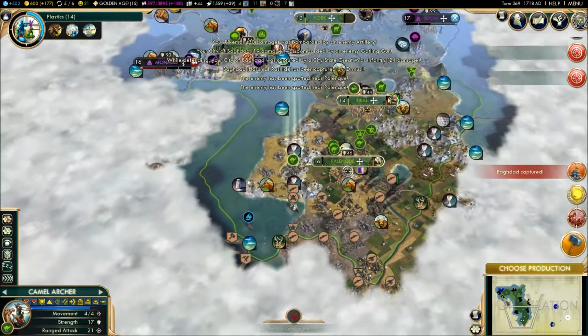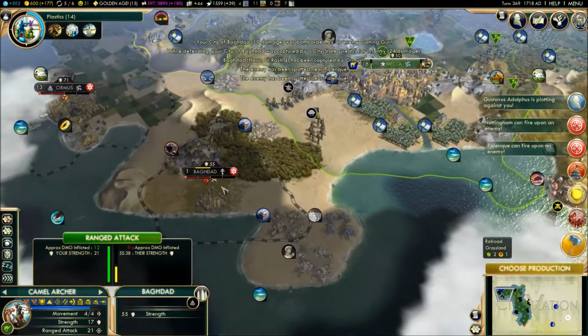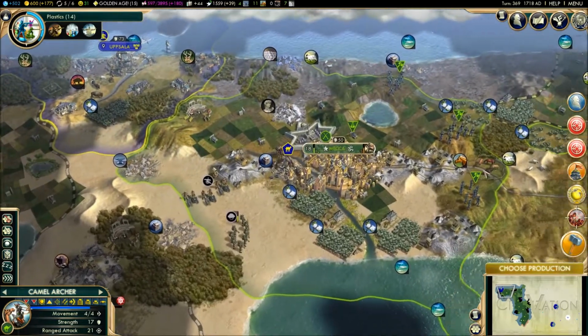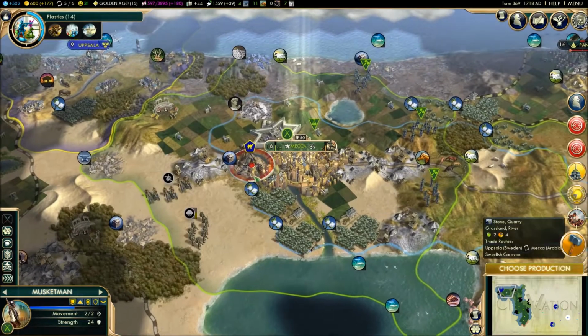Baghdad was captured. Not a surprise. They're going to raise it. What? They're not going to raise it? That's good for me. I would like that to not be raised. We're going to protect that trade route. If he wants to march on us,